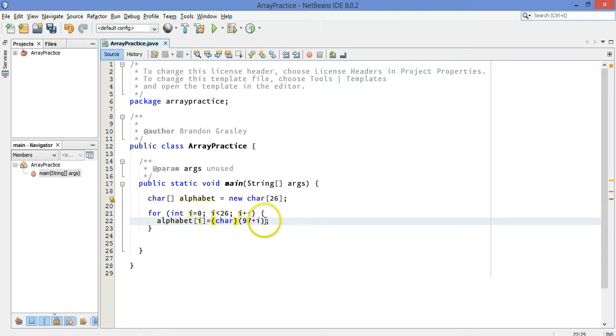I'm going to say, yep, I realize that this is not just a number that I'm stuffing into this, it's actually representing a char value. So this casting is required so that Java knows that I'm aware that this number is to be fit inside of this char variable. For example, if this number was a really big number,